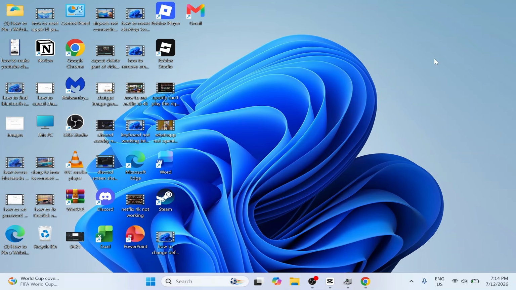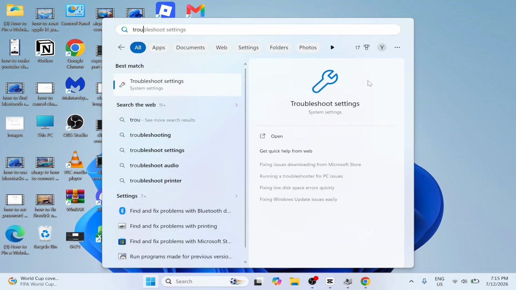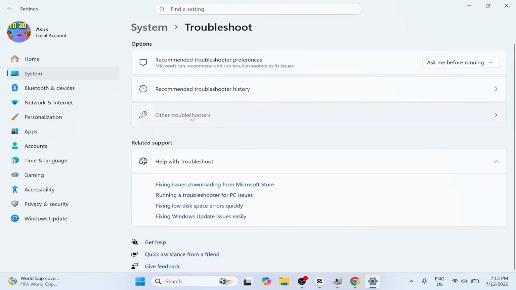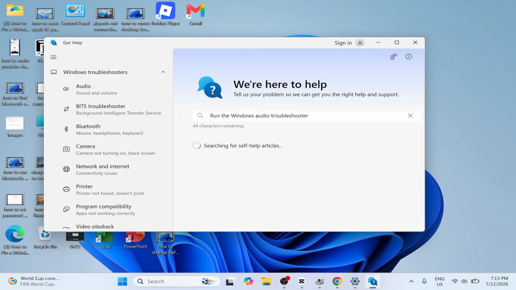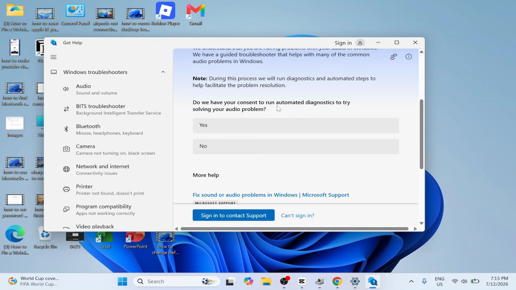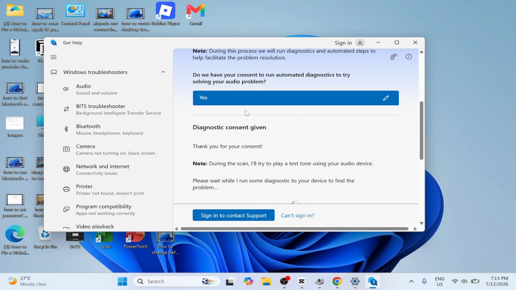Now if it's still not working, open up the start menu again, search for the word troubleshoot and click on troubleshoot settings. Now select other troubleshooters. You'll then see audio, press run. Now you'll see a window pop up like this. You'll see it will say, do we have your consent to run automated diagnostics? You just need to select yes, and you can go through the steps to test the audio on